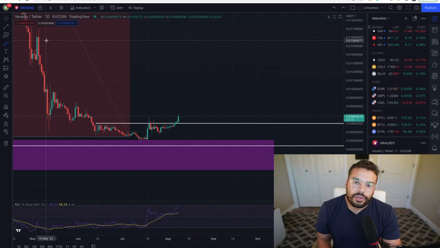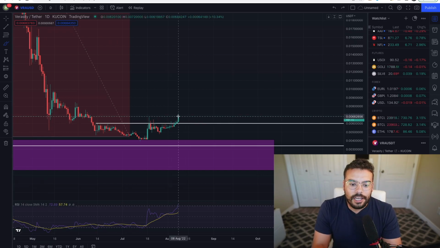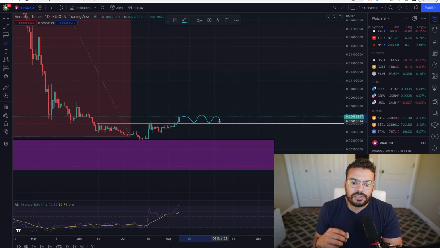Today, very, very clear daily candle. Nothing's really going to change that. We've done so well today. But now the question is, can we come back and hold this 0.6 of a cent as support? If we can do that and start holding this as a range between 0.6 of a cent and 0.7 of a cent, we are set up really, really nicely